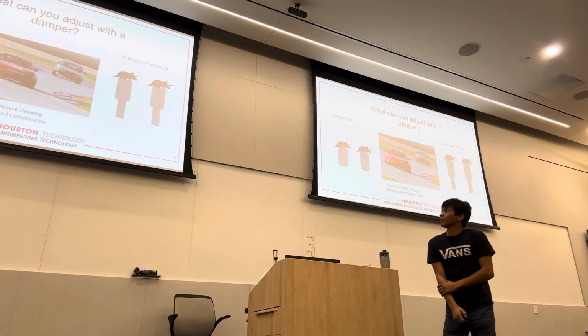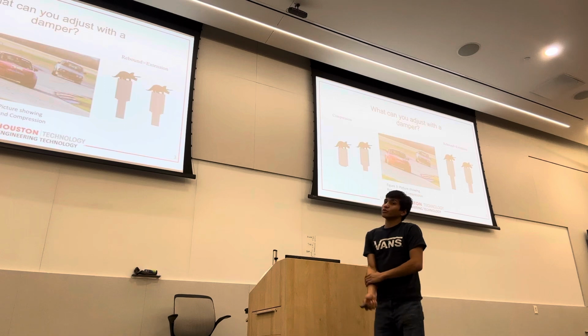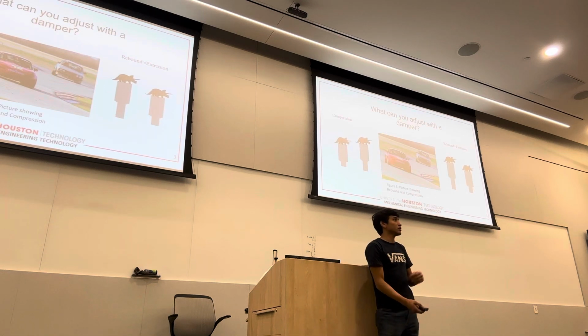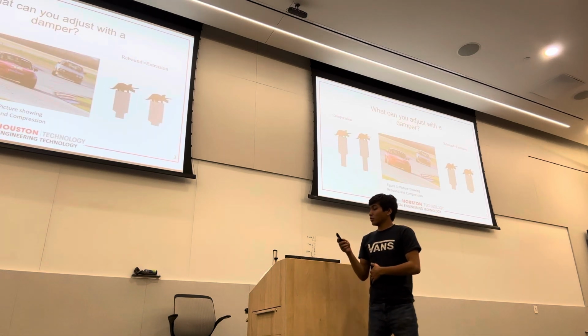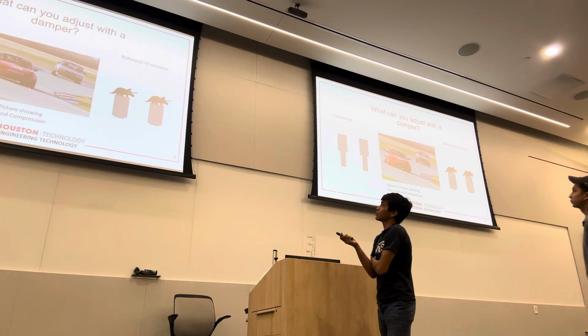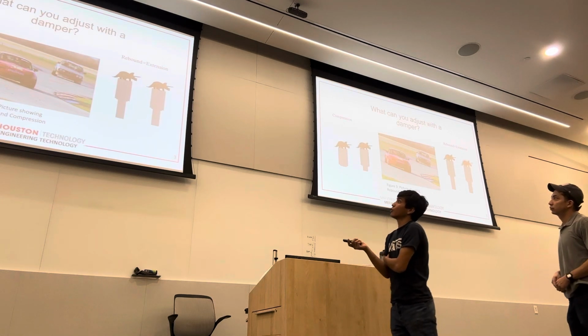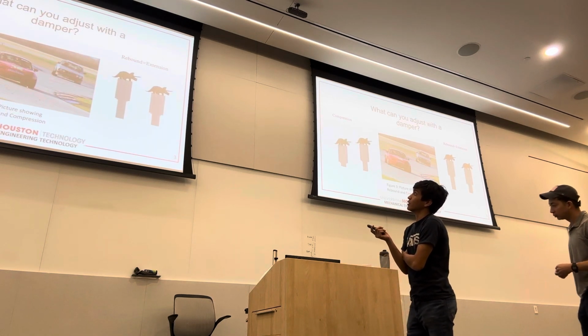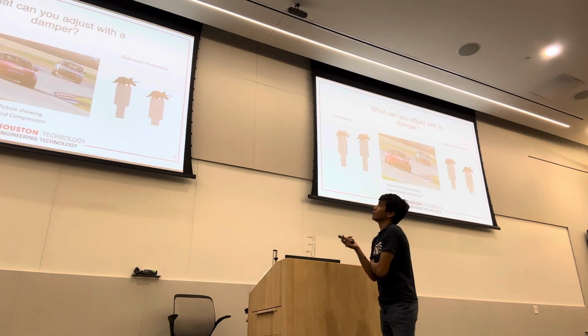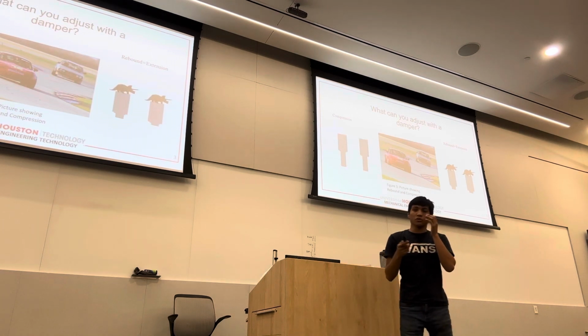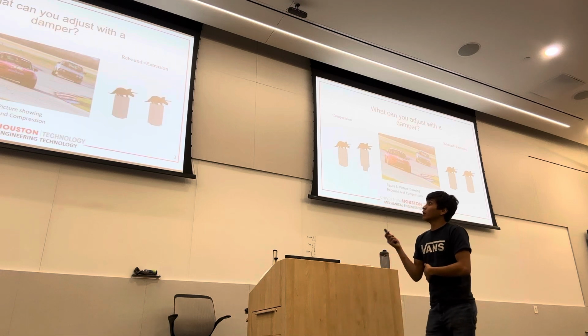So what can you adjust with the damper? This is one of the most crucial things that we have in motorsports. There's compression and rebound. So if you look at that little red Miata, it's compressed when it's turned. That's the compression adjustment, and the other side is the extension. So you can use these to tune the car. We don't have enough time to go over all that right now, but that's what you can tune in